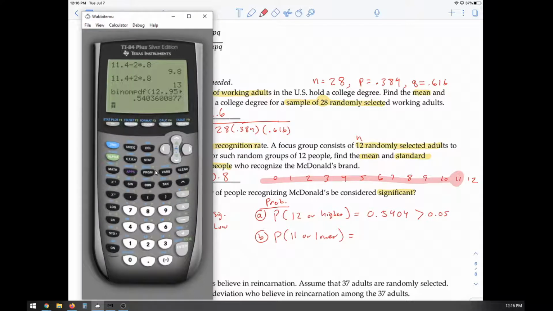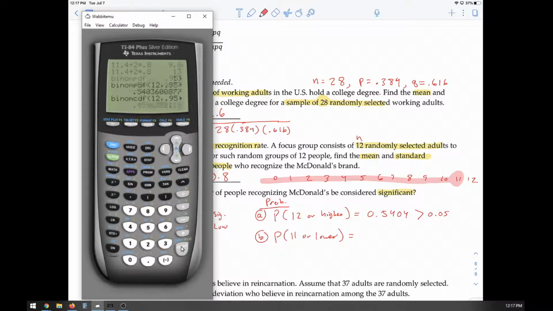So we're going to go 2nd, VARS, binom CDF. The number of trials is 12. Probability of success is 0.95. And whatever value we put into this X value, that's going to calculate the probability of that number or below, which is, in this case, we're looking for 11 and below. So we're fine to use CDF